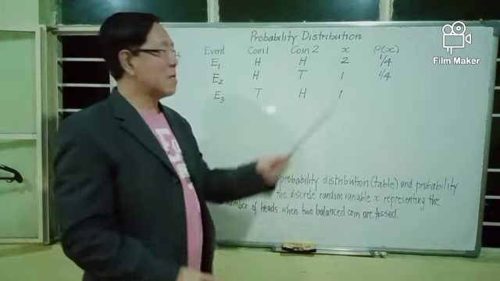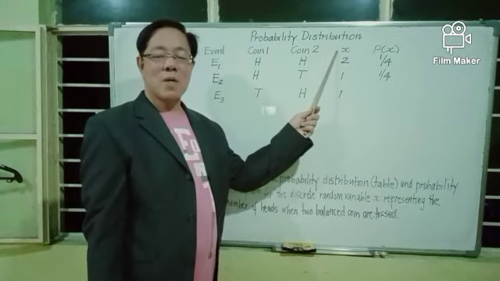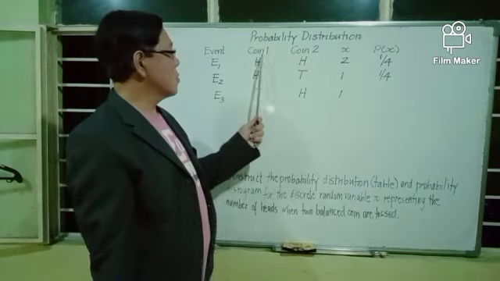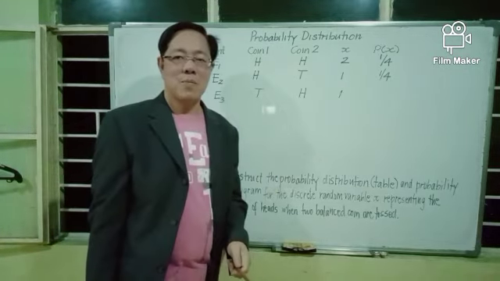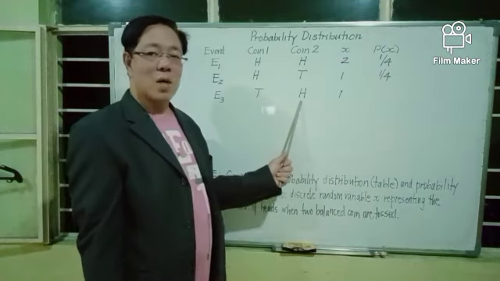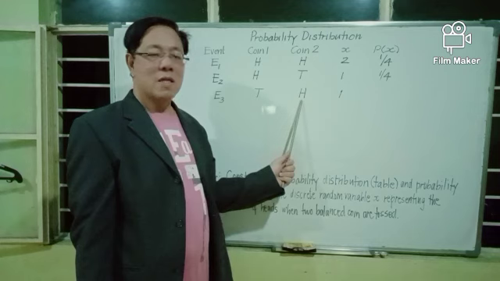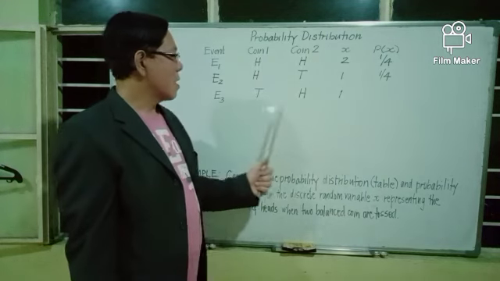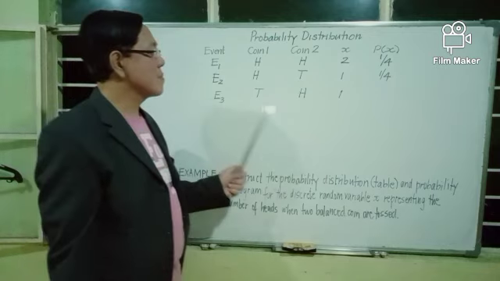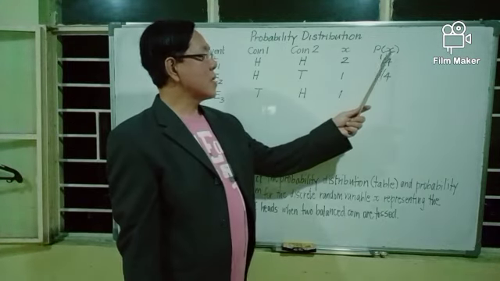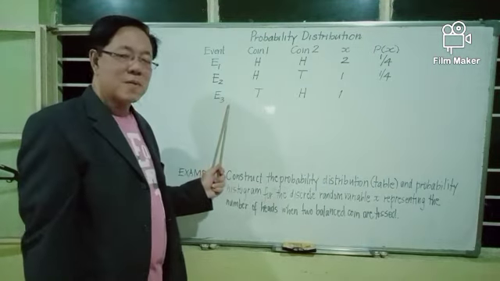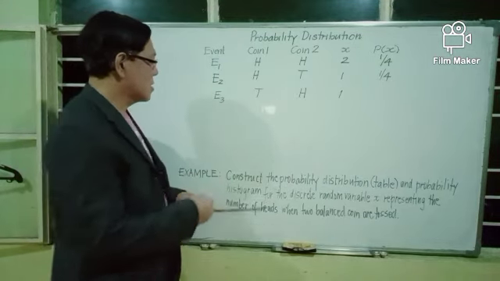Again, our discrete random variable x represents the number of heads when we toss 2 balanced coins at the same time. And for event E3, the number of heads is 1, which occurs in the second coin. And we find the probability of event E3, particularly the probability of x equals 1 for event E3. And that is